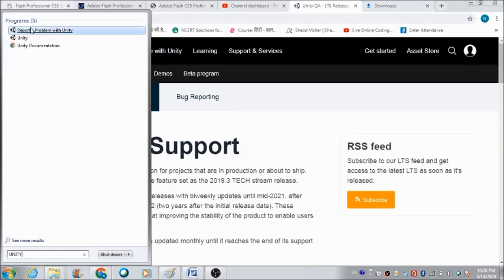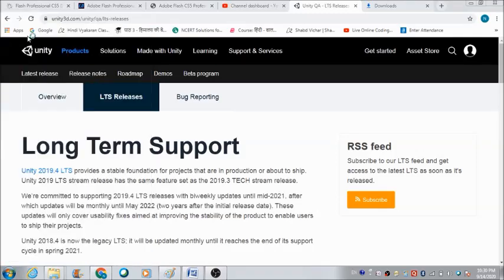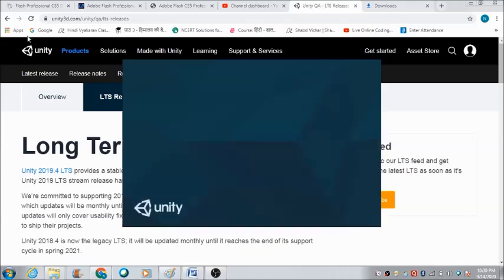So I think I'm done with installing this Unity software. Now this is how you can access it on your laptop or desktop or whatever system you have on which you install the software.